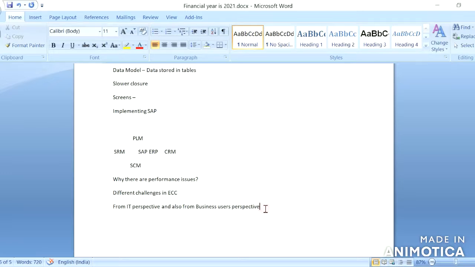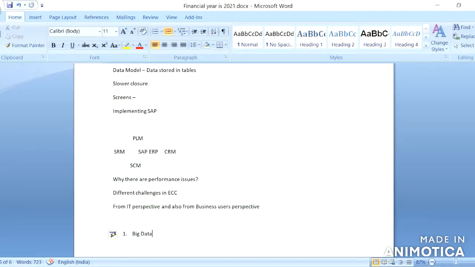So from the IT perspective, the first challenge is big data. From this, what we understand is, even a normal person nowadays has GBs of data in their phones when compared to olden days.